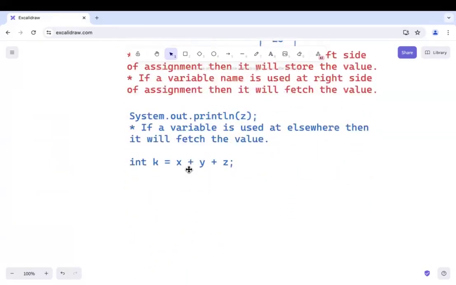Can you tell me, folks, what is happening here? It will sum all the values of x, y, z. You know, x, y, z are at the right side of assignment. And k is at the left side of assignment. Tell me, are these three storing the value or fetching the value? Fetching the value, right? The values of x, y, and z, the three variables, are fetched,